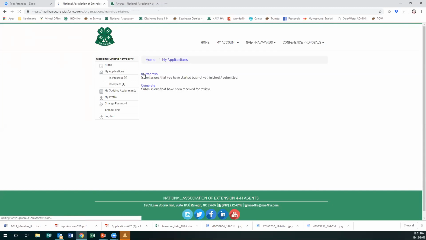I think that's, okay. This is just extra steps. You can submit or look at applications you have in progress, which takes you to the same page as this link does, or completed applications, which takes you to this page. So on